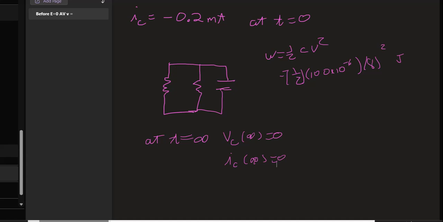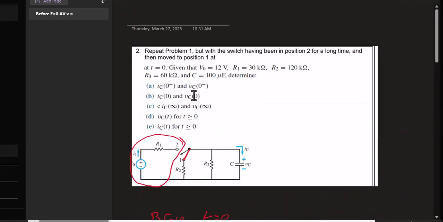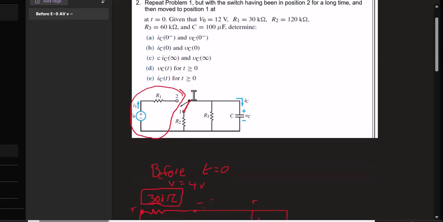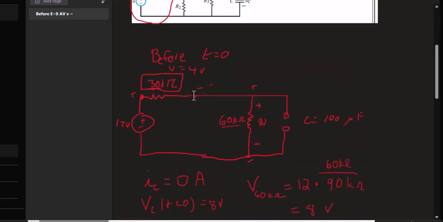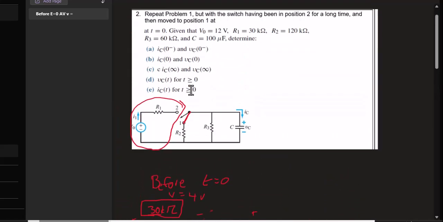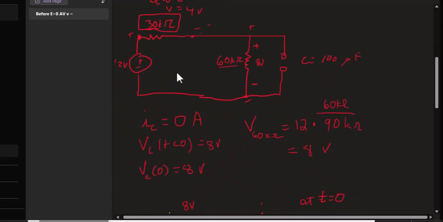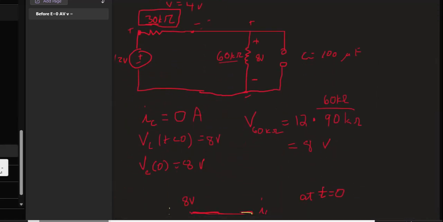Okay, so then, let's see, what do the questions ask? 0 to infinity, and then we want VC of t and IC of t. I don't know why I have an extra C on part C. I didn't really want CIC, just wanted IC. Okay, so now if you look at